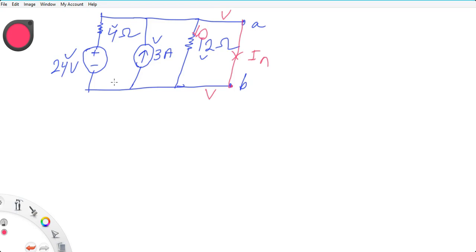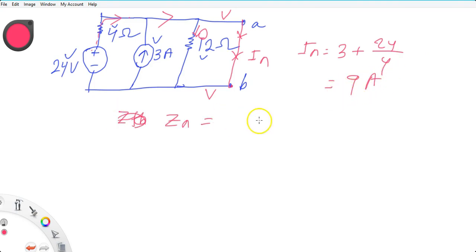So your IN will be this 3 amperes and 24 upon 4, that is 6 amperes. So the IN will be 3 plus 24 upon 4, 9 ampere,